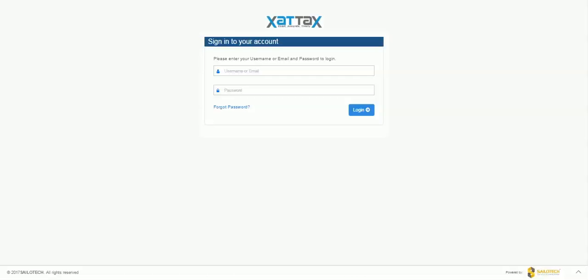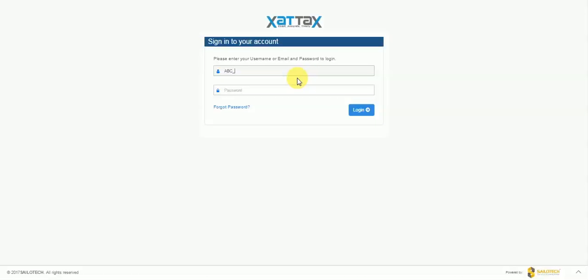Welcome to the ExactTax demo. ExactTax is a complete GST solution software that helps in gathering and compiling the invoices and other tax data from various sources like ERP and any accounting software. ExactTax facilitates filing the returns to the GST network in the format that is required by GST. It is a role-based software where you can create multiple roles and later assign different responsibilities to those roles with respect to filing of GST returns.